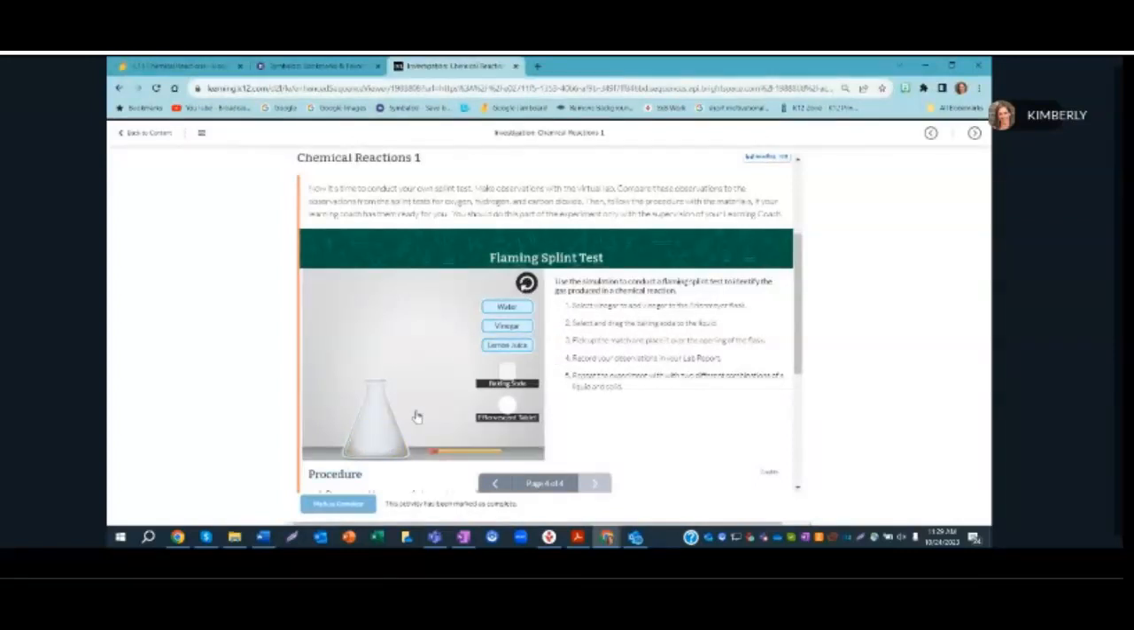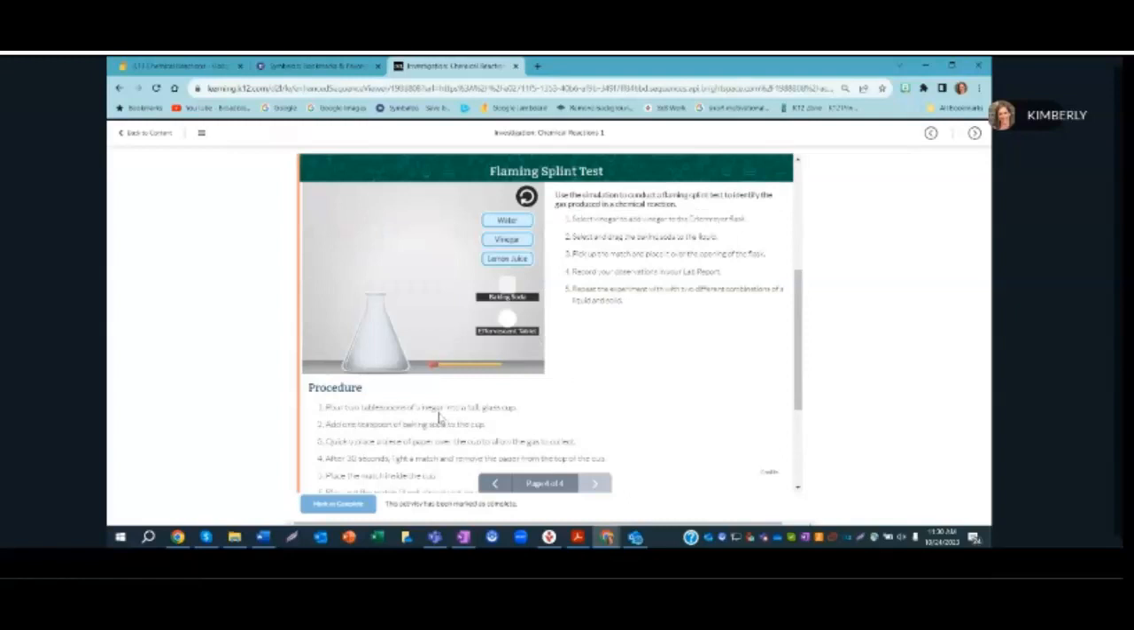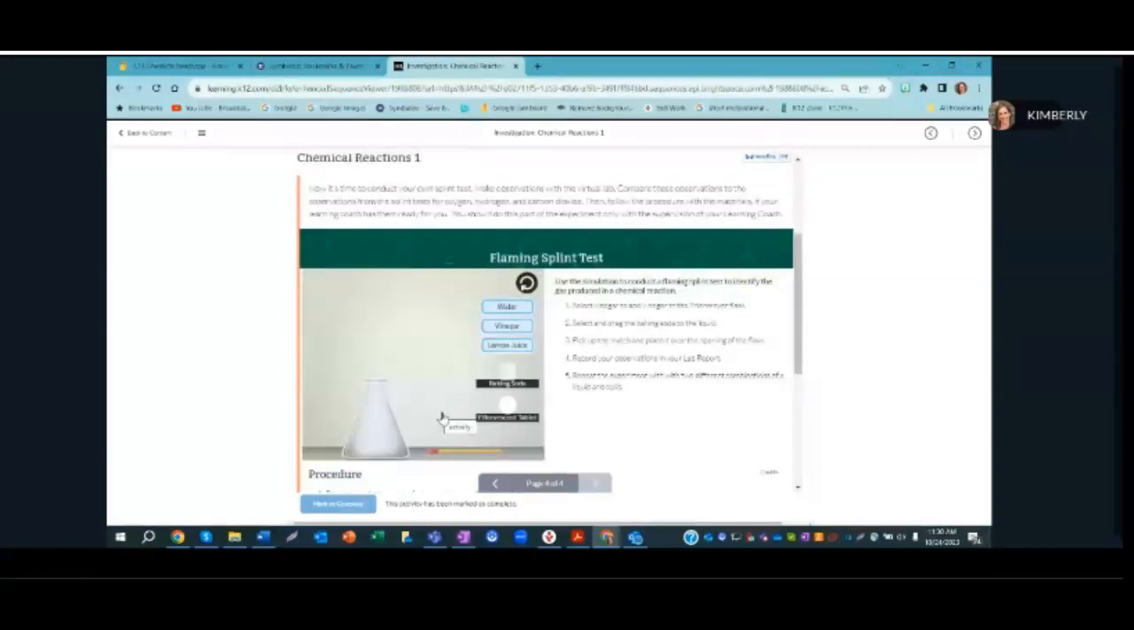and then we go through these steps down here below. If you would like to do it on your own, you can do this as an experiment at home. Nothing is going to explode or anything like that. You're just holding a match over a glass to see if it produces a flame or not. So in our